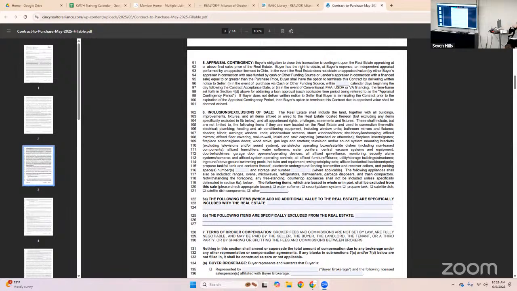So now, whenever you're writing the contract of purchase, which we're talking about today, and also looking at that from the selling standpoint, if you're listing the contract, note to your sellers now that the hot tub is an automatic inclusion. On the buyer side, it is also an automatic inclusion. So if they don't want it to stay, this is where they would ask for it as an exclusion, to be removed, and that would go into